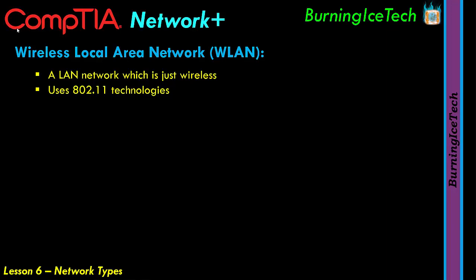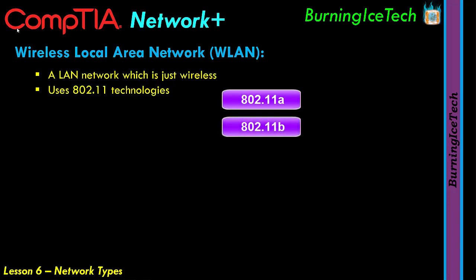So usually when you see 802 dot something, that means it's a network of some kind. If it's .11, it tells you it's wireless. It's a wireless network of some kind. The 11 at the back tells you it's going to be wireless. And normally behind that 11, you'll see some sort of letter which indicates what kind of wireless technology this is, what frequency this is. This letter could potentially be A, so it could be 802.11a, it could be 802.11b, it could be